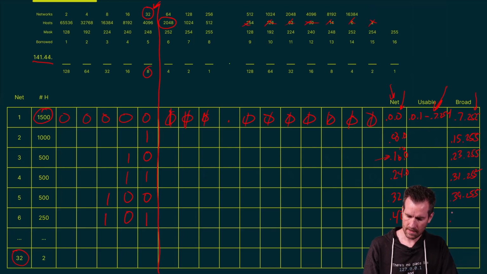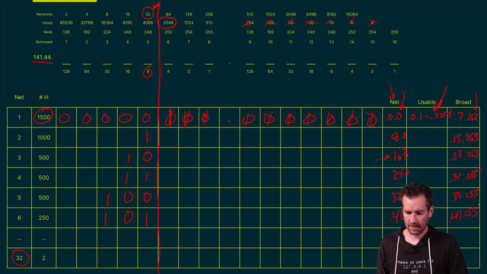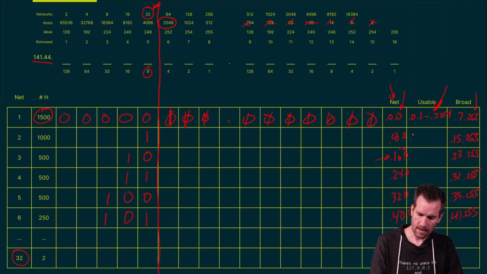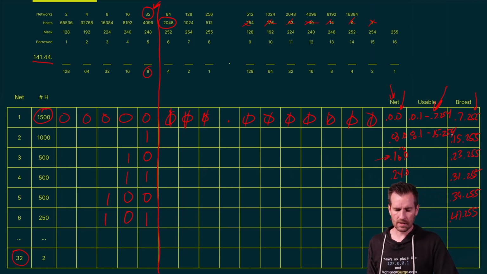So this one would be .47.255. And then we figure out the usable range in between, which is going to be .8.1 through .15.254. So I won't make you stay for the rest of this, but you can see we would just calculate